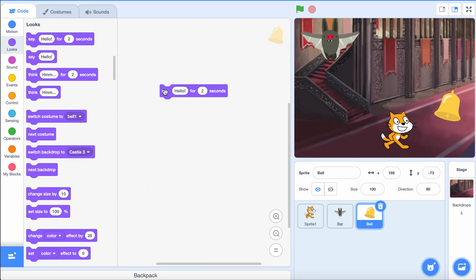If you do say and then change the number of seconds, that's going to let the speech bubble disappear after a while. So I'm going to say 4 seconds. Now, I don't want it to say hello. I want it to say